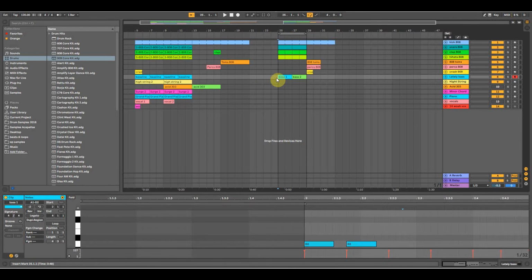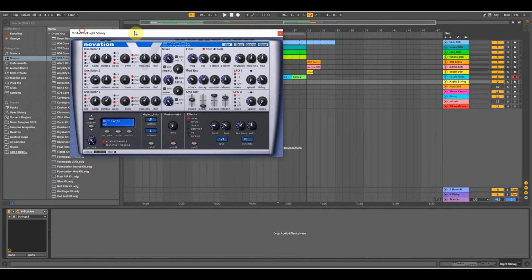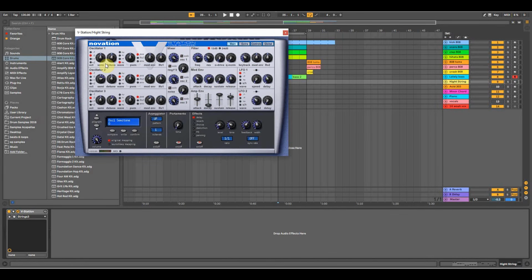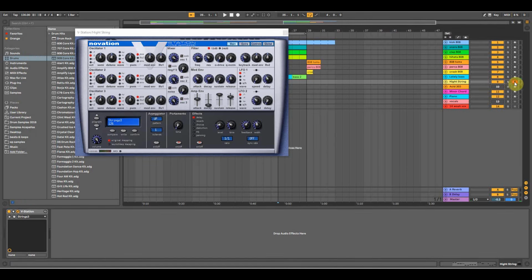Let's go on to the next section, which we are going to put in the high string. Now the high string is on the V station. Now you should have installed this, and it looks like that, and you should have got the license key when you downloaded it as well, so you get the full version. The sound that we want to use, this is a great synth, this is fantastic for dance music. Now this sound that we want to use is strings 3, okay, and we want to go up the octaves to the 5th octave,